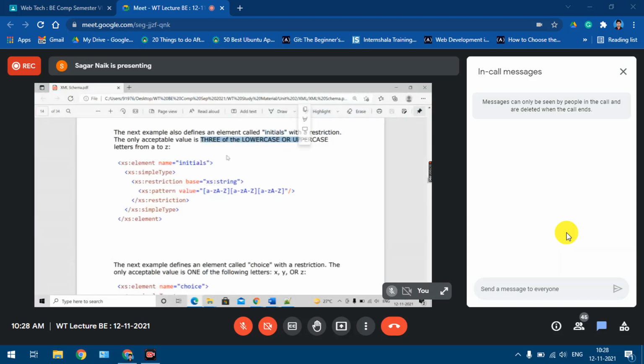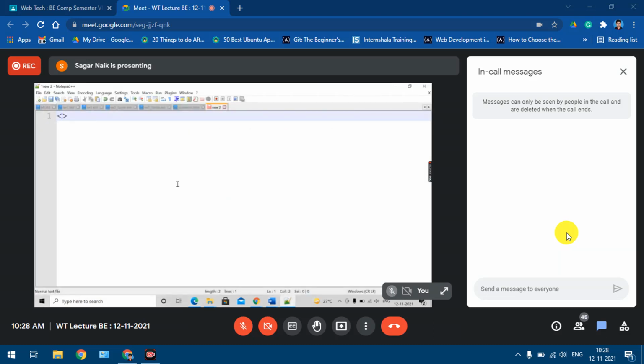Three lowercase or uppercase letters from A to Z. If I take, suppose, my name, will it accept? No, because it wants only three characters. Something like this will be accepted, this will be accepted, three uppercase or lowercase characters. If I enter digits, this won't be accepted. So you have to specify this in a schema. Now, how was it defined?